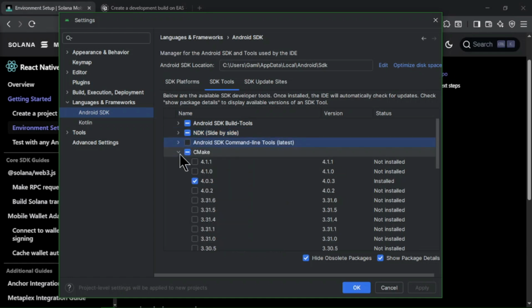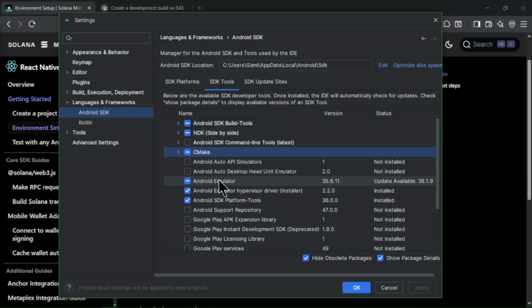Skip this. Download the latest CMake, and then Android emulator hypervisor driver, and Android SDK platform tools. Install all this, and then once you have those installed, you come back here,